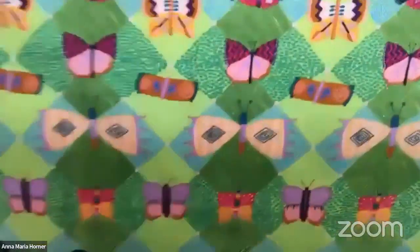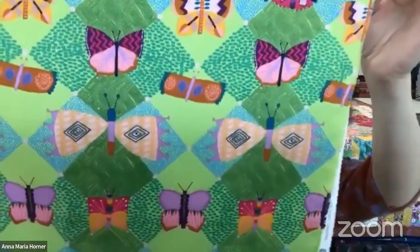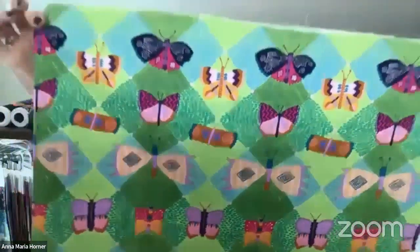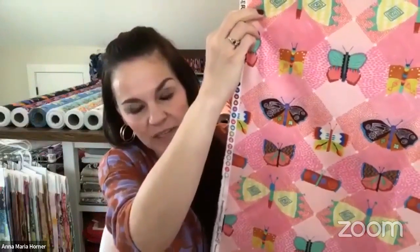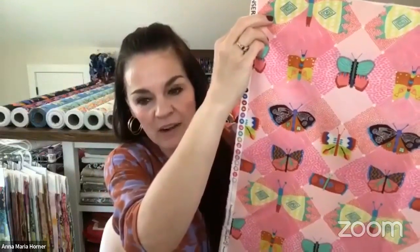This is called Harlequin. Love that. These are some of her beautiful butterflies, and hopefully you can see all that detailed design work in the background. There's a pink one too that I really love. They're also Eastery, come to think of it, aren't they? Right. Very timely. This would be one of those prints where I probably had a lot more hand in the organization of this design than on some of the others. A lot of the work that Carolyn and I worked with